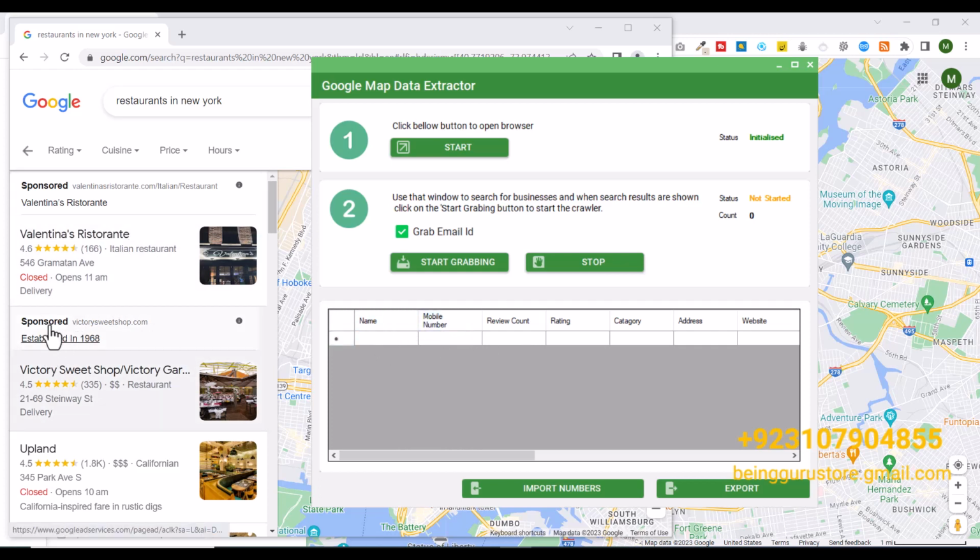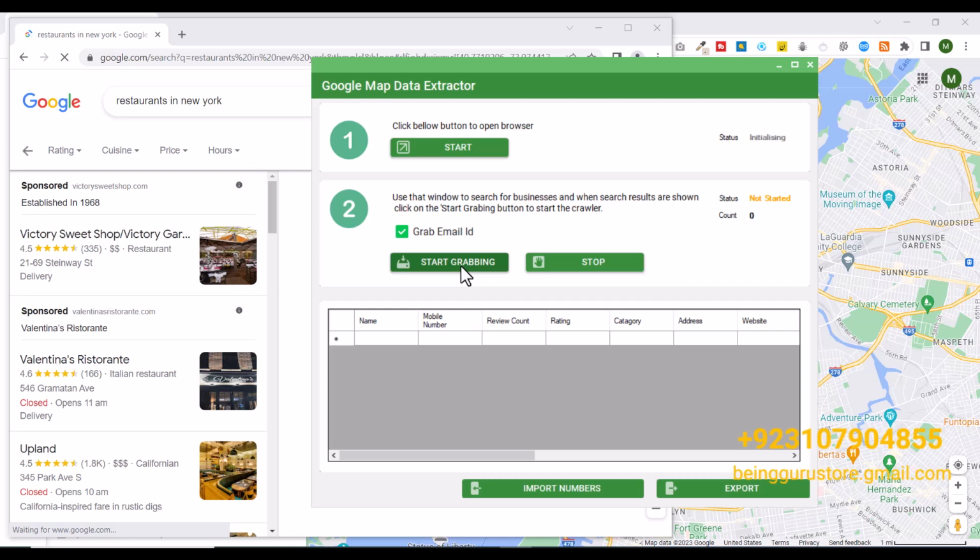Also it will extract their reviews, how many reviews this business has, and rating, and the category in which this business has been listed, and address and website URL. So here I will click on start grabbing,